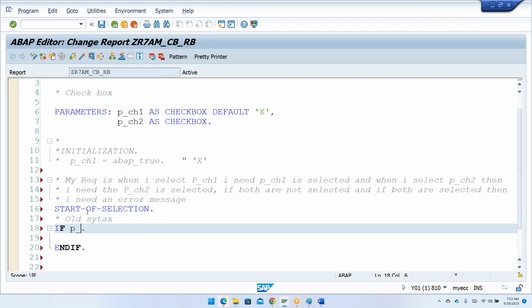If p_ch1 is equal to above true, or you can also write this as is not initial. Is not initial means contains value. Is initial is nothing but it doesn't contain a value. If p_ch1 is initial and not initial, and p_ch2 is not initial, so I'm just writing both the conditions. Or